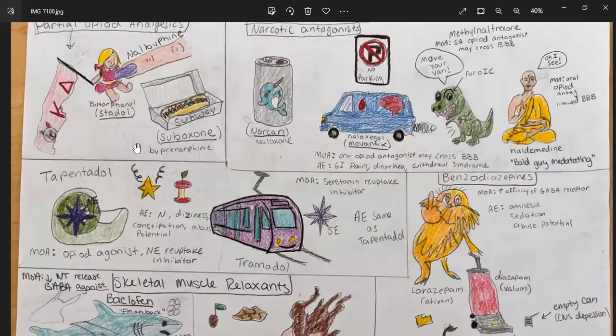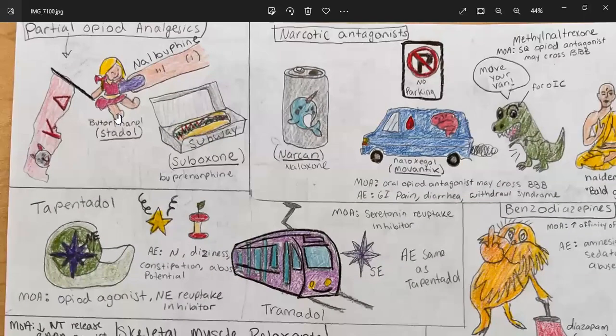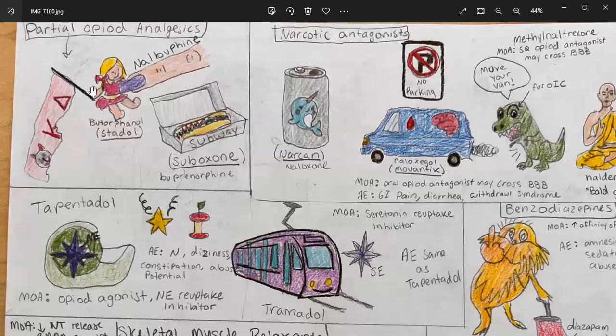And so we have this doll holding that sorority flag again, and a finger with a nail on it. So a long skinny nail here for nalbuphine. It is stabbing this doll, stab doll, also known as butorphanol. And then there's a Subway sandwich box. Okay, Subway sub for Suboxone, also known as